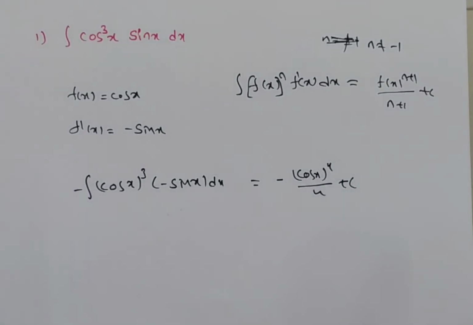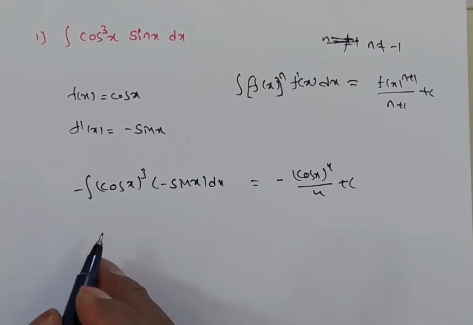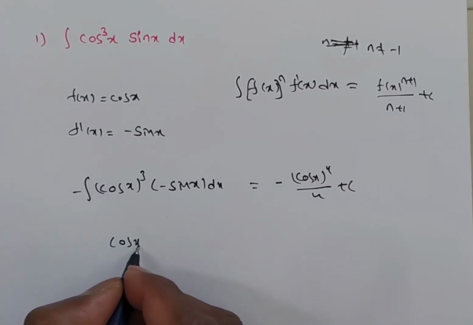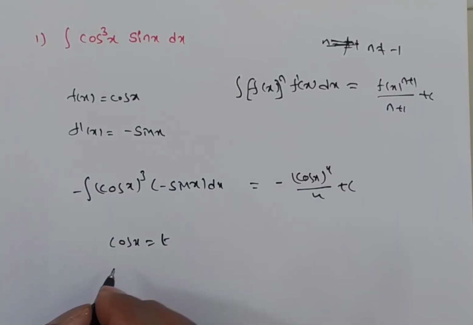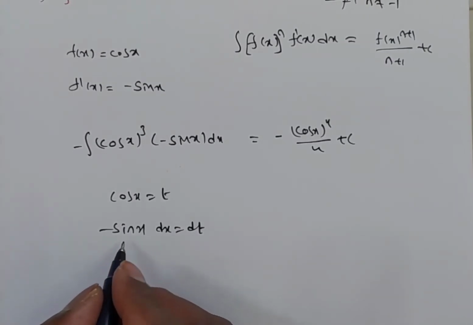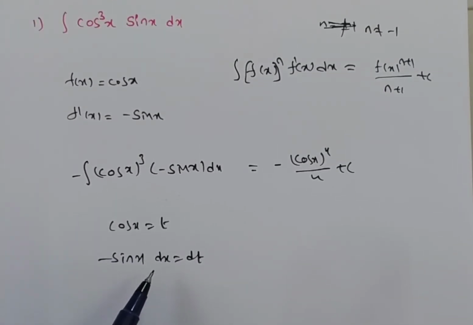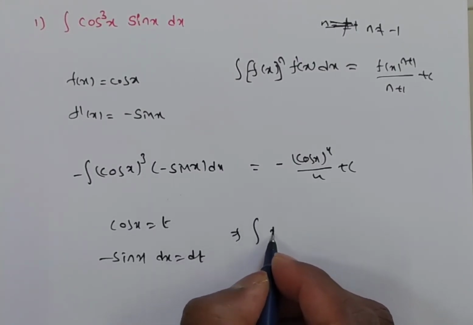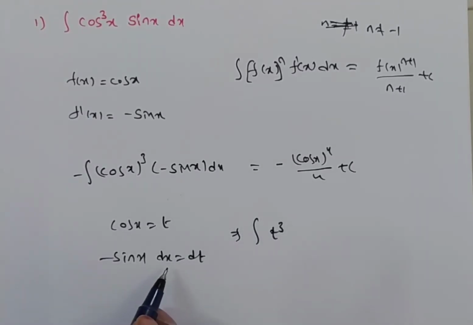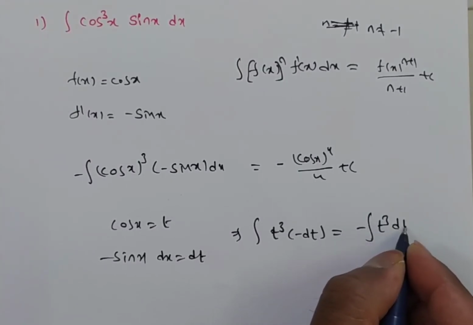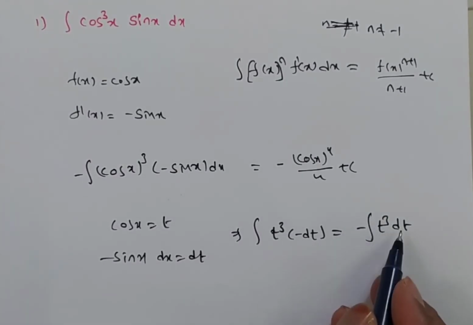Okay. This problem you can do in another method also. That is, you see this f of x, just replace it with cos x as a new variable t. Then the cos x derivative is minus sin x into dx, and t derivative is dt in this case. Now just replace these values in the given problem, then we will have the integral of, you see, cos x is nothing but t, so t cube. And what is the sin x dx you consider? Minus dt. Minus dt, so you can write the minus outside, then t cube dt.